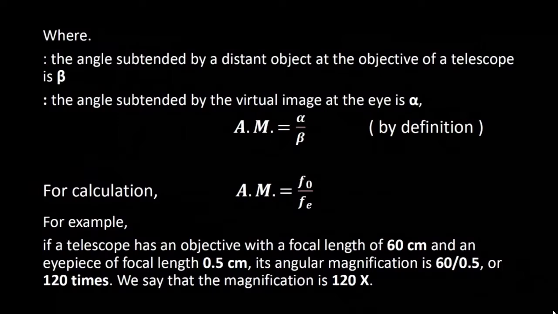These angles being defined, we define something called the angular magnification, and that would be the ratio between these angles, that is alpha and beta. For calculation purposes, from trigonometry we can convert alpha and beta to be f0 by fe, where f0 and fe are the focal length of the objective of the telescope and the focal length of the eyepiece. So, for example, if a telescope has an objective with focal length 60 centimeters and eyepiece focal length is 0.5 centimeters, its angular magnification